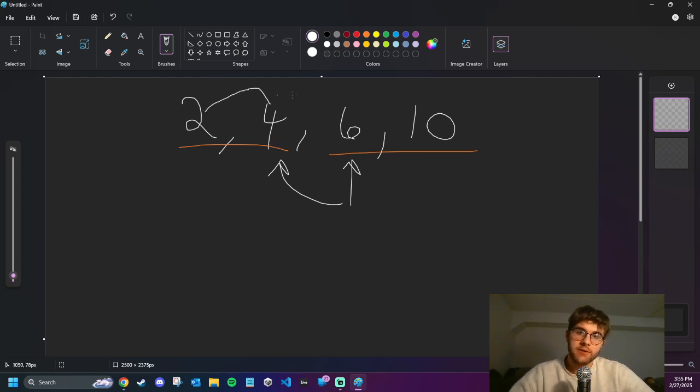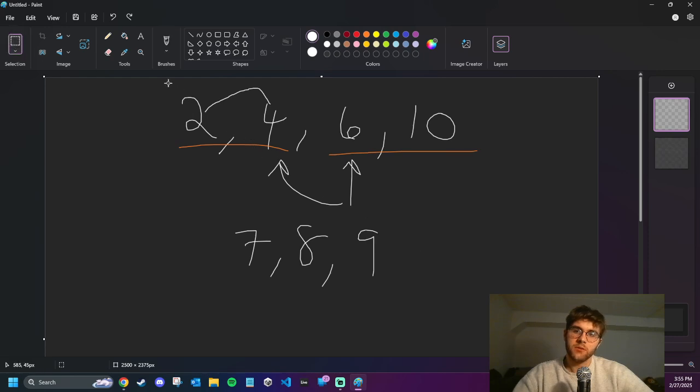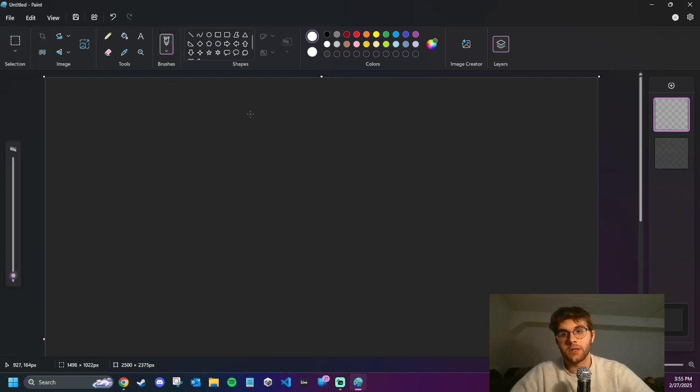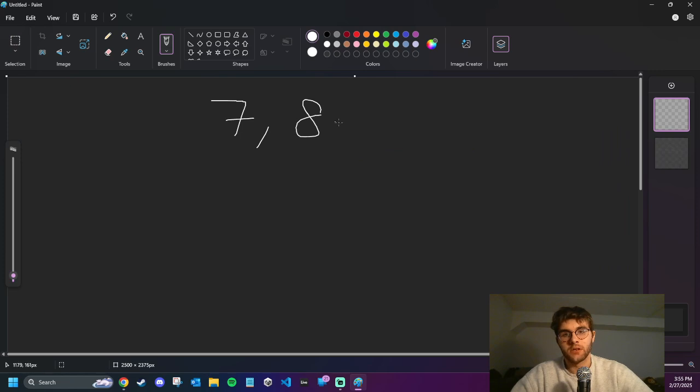The sum of these can be greater than this. So if we have, let's say, 7, 8, 9, the sum of these is greater than this. All right, let me try what I was doing before, but with sorted and just see. I think this is definitely on the right track though. So if we have 7, 8, 9, and then,